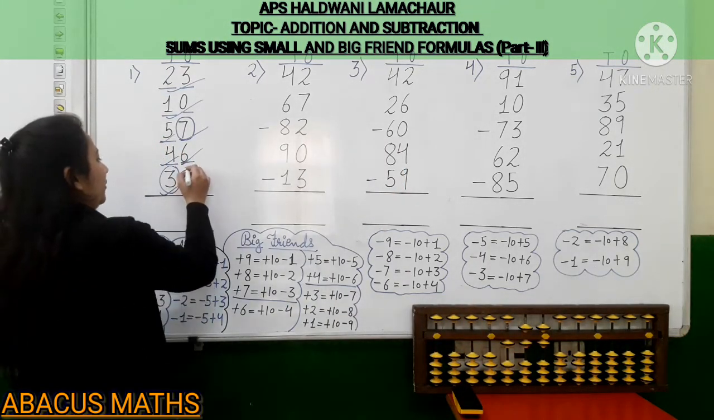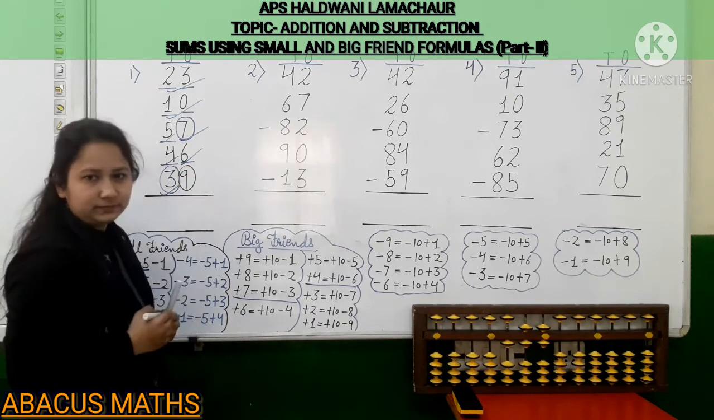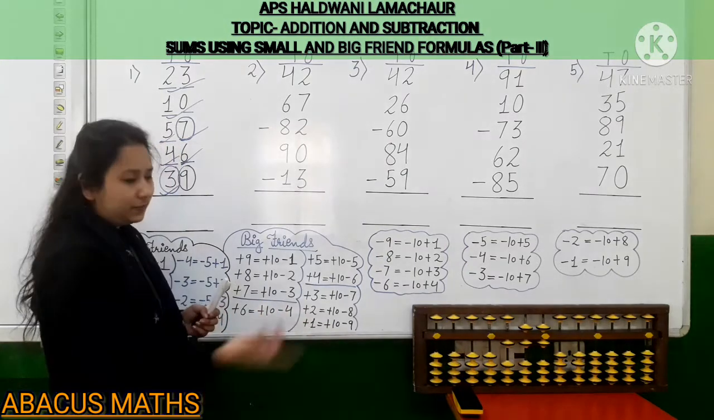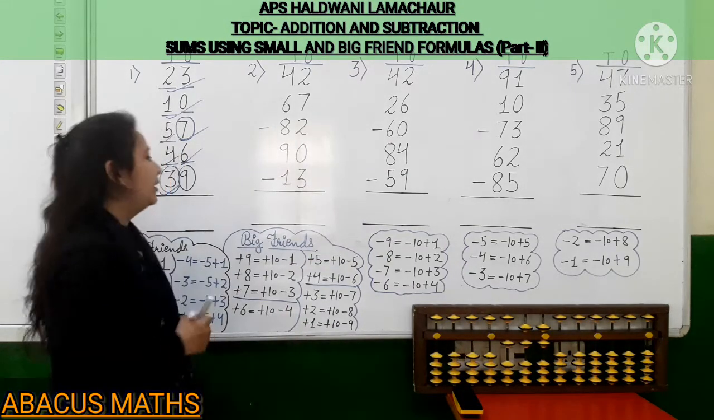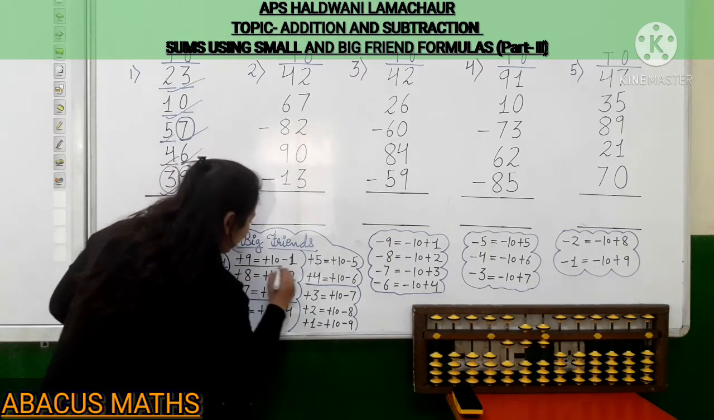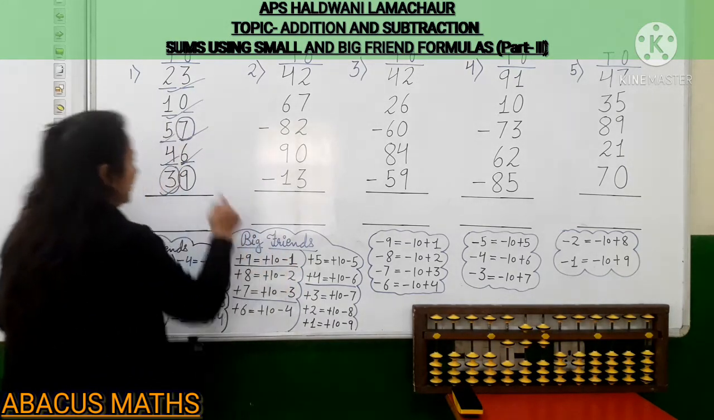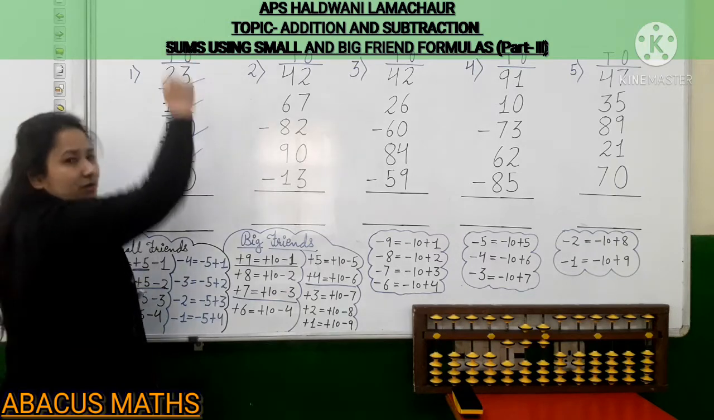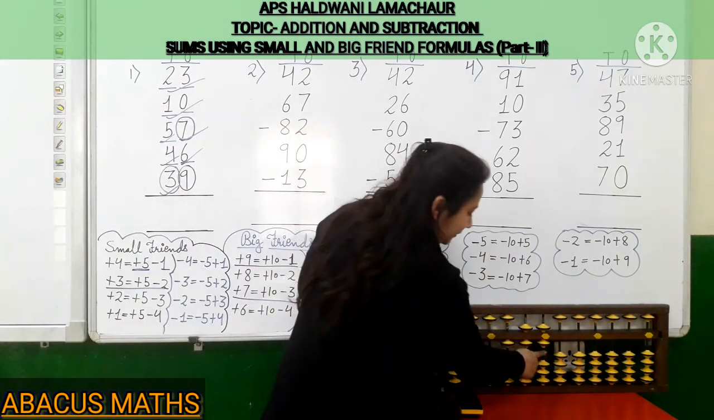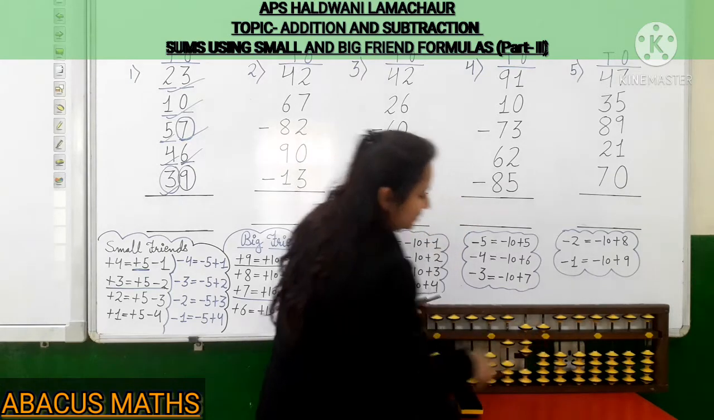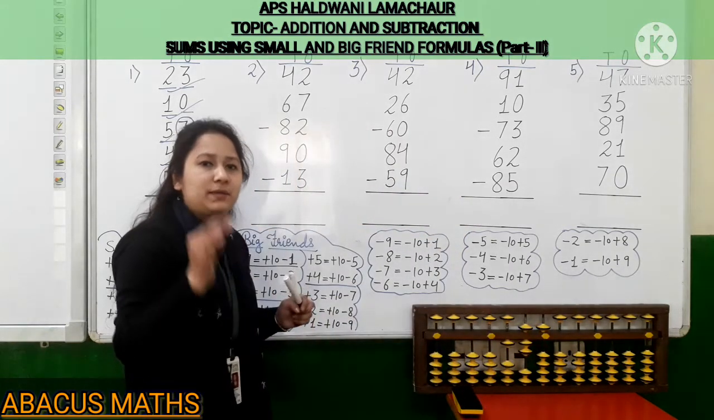Now next you have to add this 9. Now 9, see, 9 is not there, 6 is already added in ones rod. Now for 9 you will take the help of big friends. Plus 10 minus 1. Now 9 you have to add in ones rod, means here. Now 10 you will add here, one rod up, and minus 1 from the same rod,